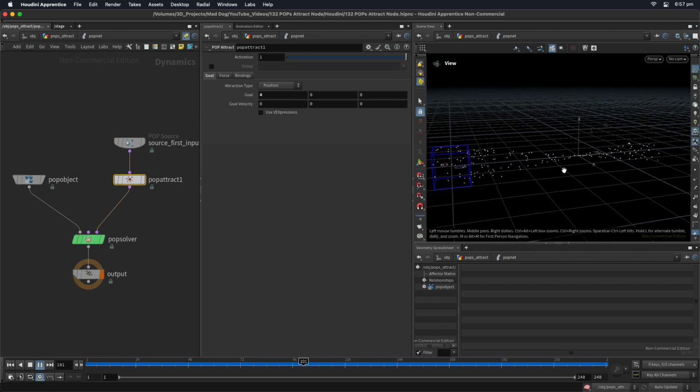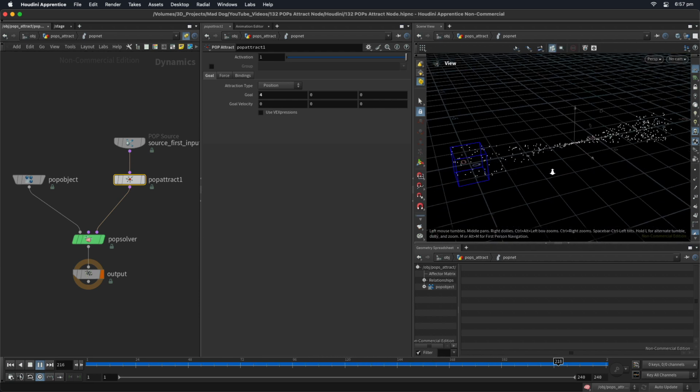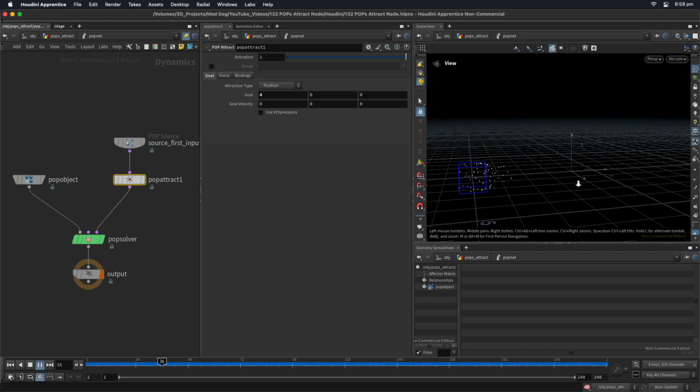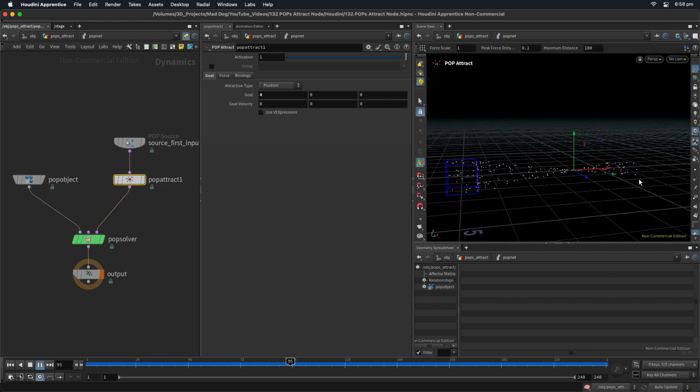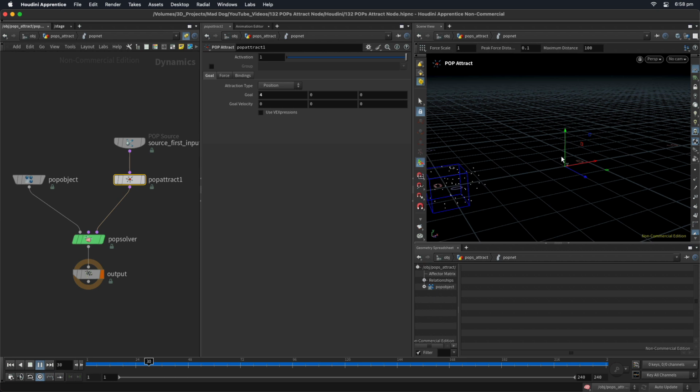Now I would have thought in reality that it would have stopped here, but it doesn't. However, I still kind of like it. It's kind of like a flock of birds or something you could imagine at the beginning. However, there is this constraint with it, this flaw, this problem with it, which is where it tends to overshoot. And I haven't been able to find a solution to that, although, again, maybe somebody can comment on this. However, there is something I quite like about this, and this is where I can animate this